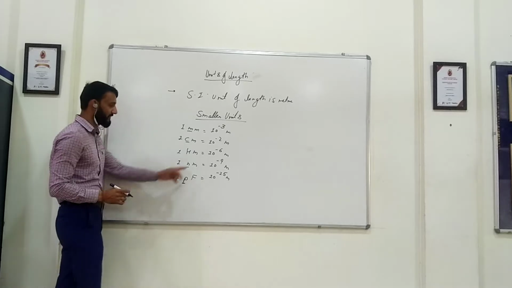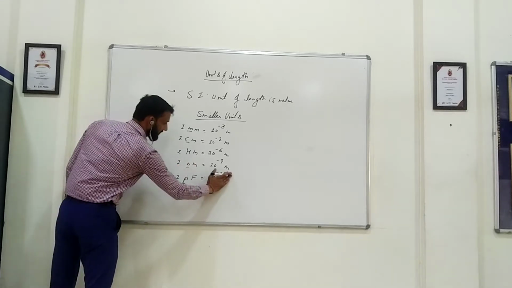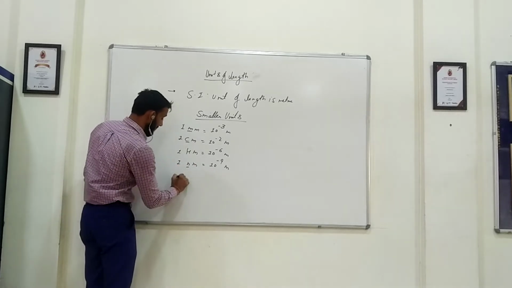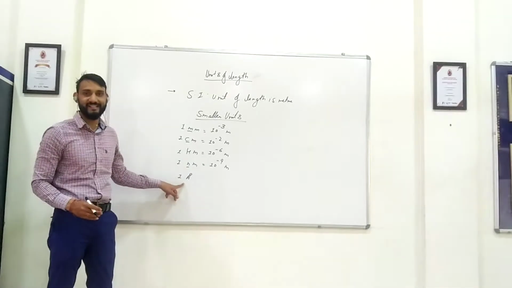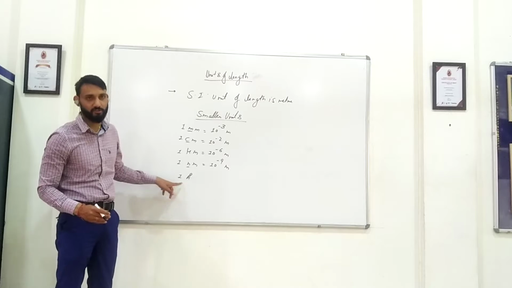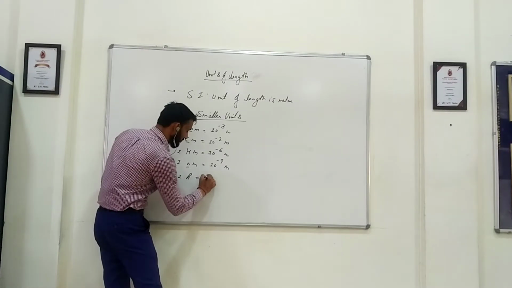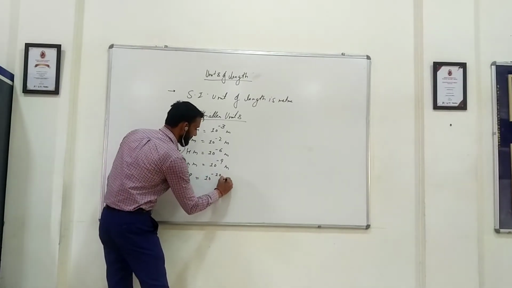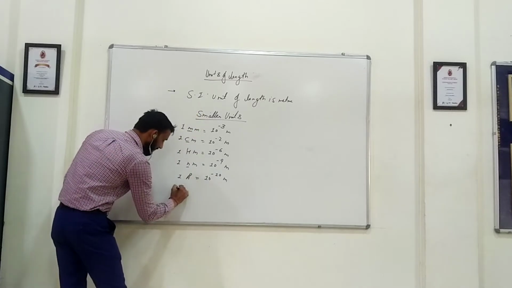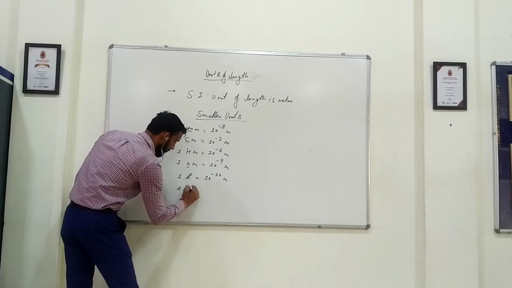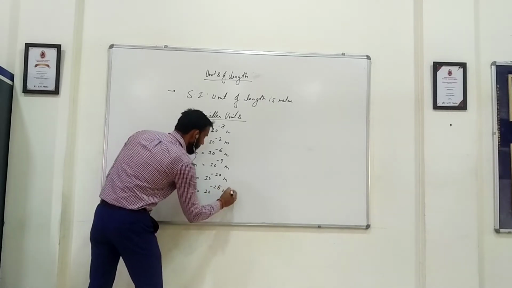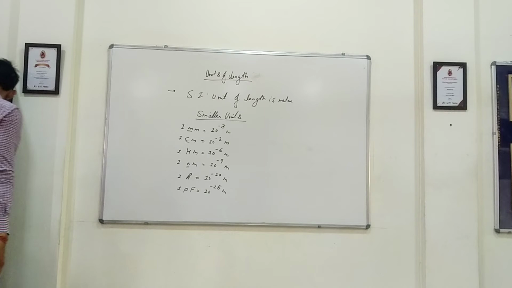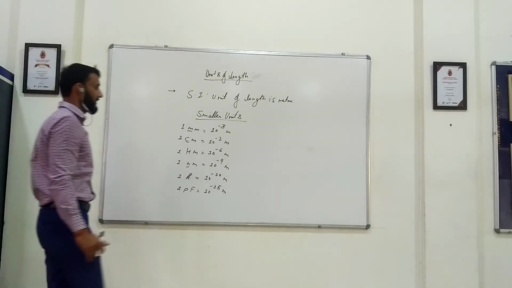And I forgot one in between, so that will come after this. Let me just erase this one. This is what we call angstrom. If you remember, we did it in the case of prefix also. So 1 angstrom is equal to 10 to the power minus 10 meter. And then if I go on, it will be 1 picofarad, that would be 10 to the power minus 15 meter. So these are all the smaller units of length. Now coming to the bigger units.